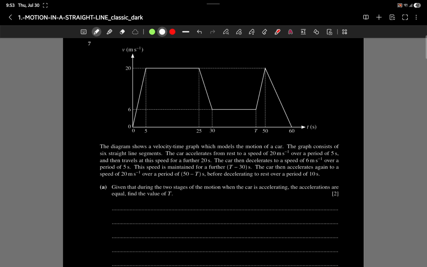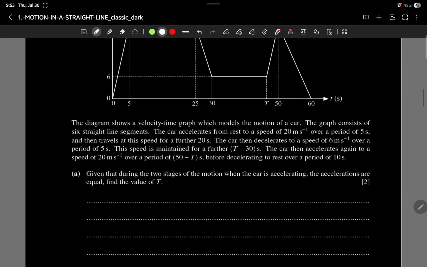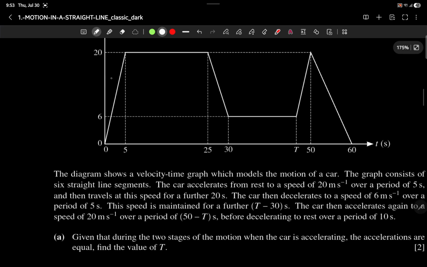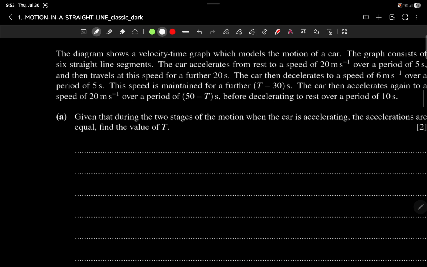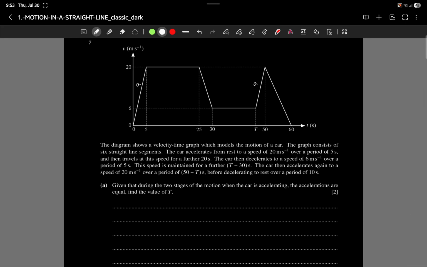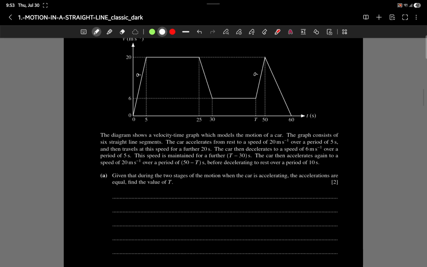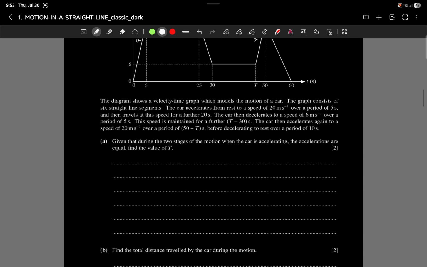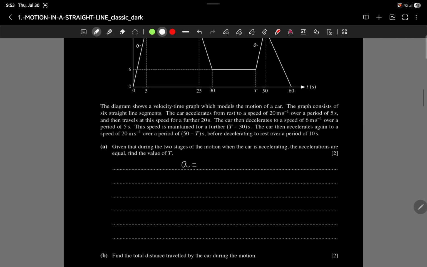Okay, so the graph is given. Given that during the 2 stages of the motion when the car is accelerating, the accelerations are equal. Okay, so that means this acceleration and this acceleration are equal. So find the value of t. Alright. How can we find the value of t? It's 5 seconds, 25, 30, 30 minus t. Okay. So I have to use simultaneous, I think. So what is this acceleration? Acceleration over here